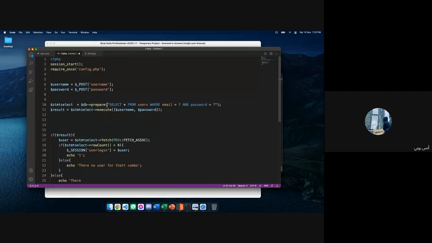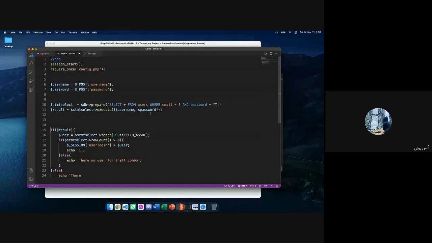If there are not, you just write query like that. I think it's query. Yeah, you just write query and it will execute directly. There is also mysqli_query, I think, in this version. Anyway, as you can see now, as long as we need to provide the username and password,